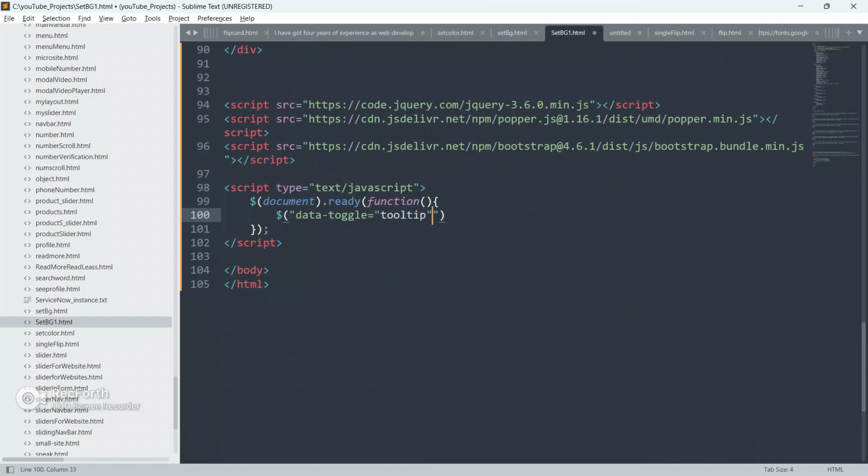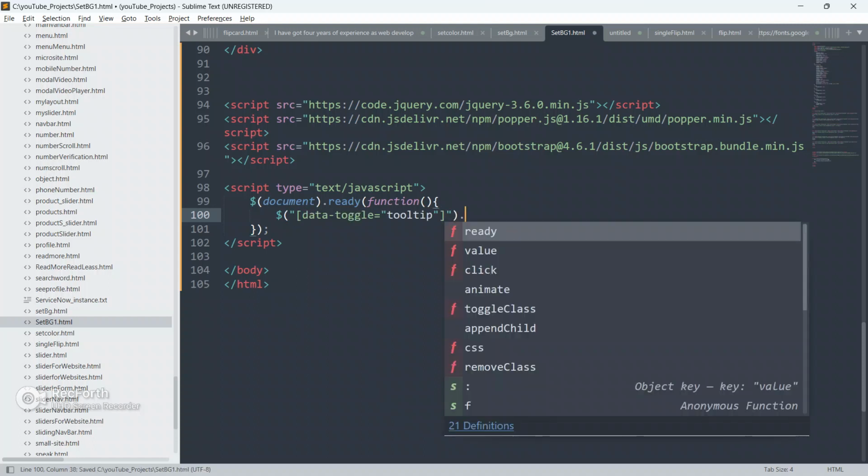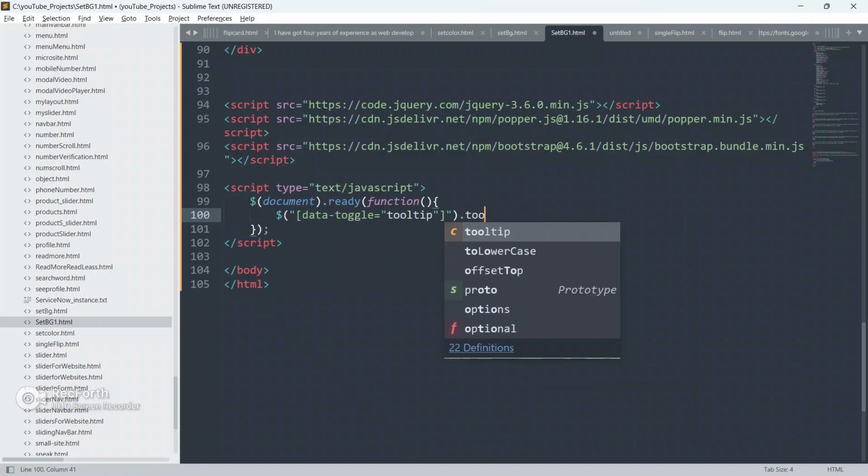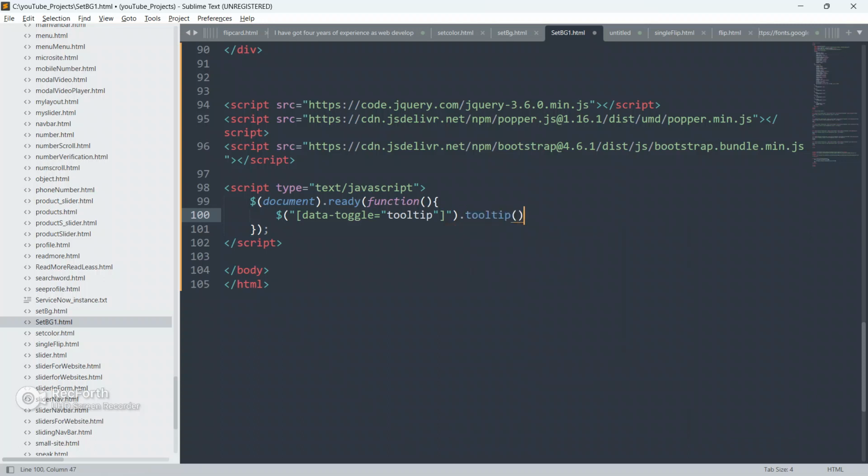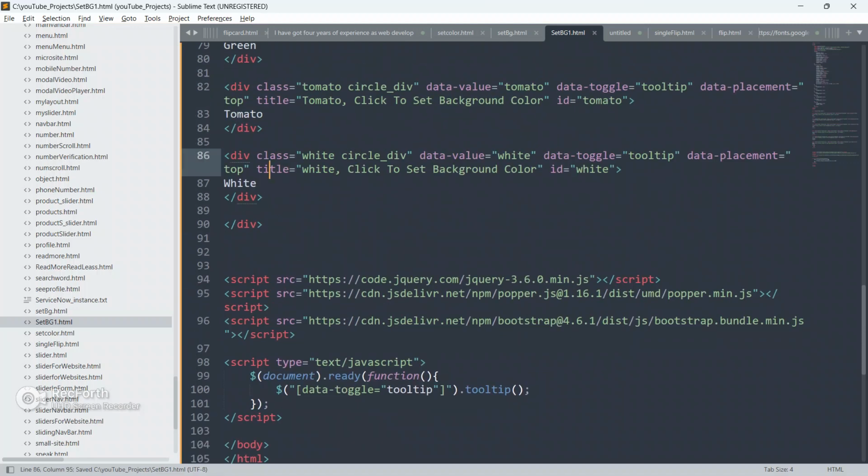So just go here and grab this data toggle as tooltip and paste it here, and just call the method tooltip. Okay, this is the Bootstrap method known as tooltip. Okay, save your code, go to the browser and refresh your page.